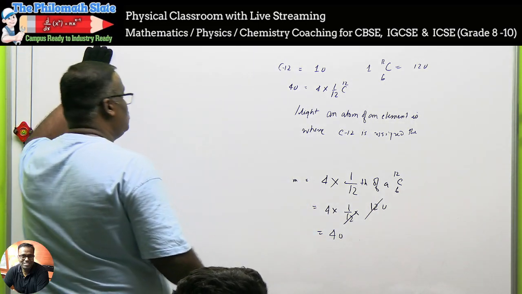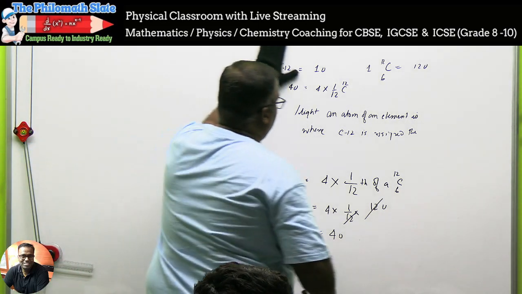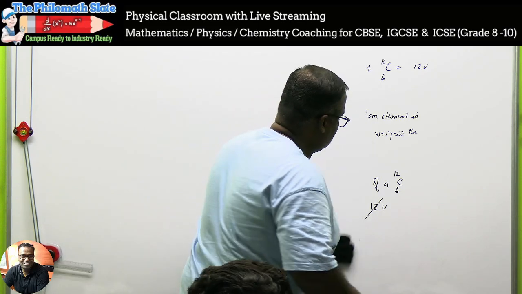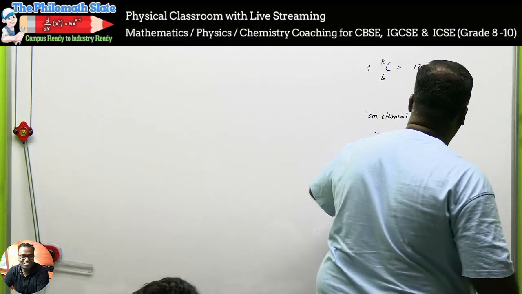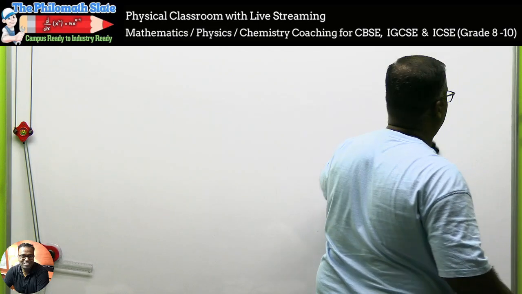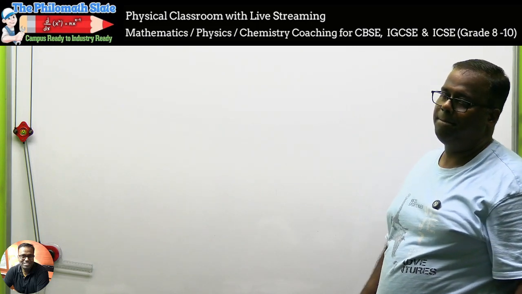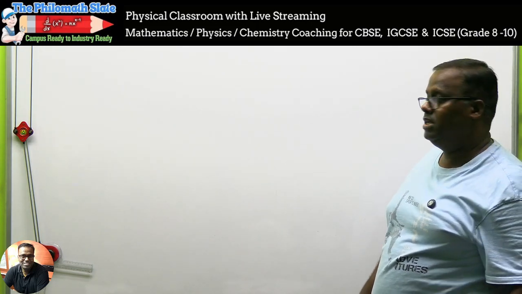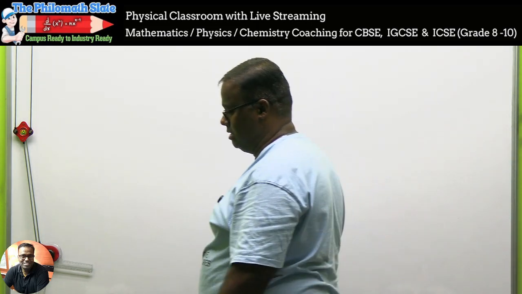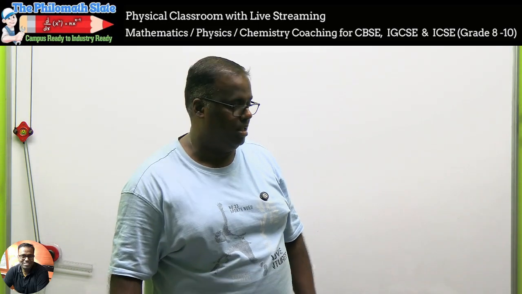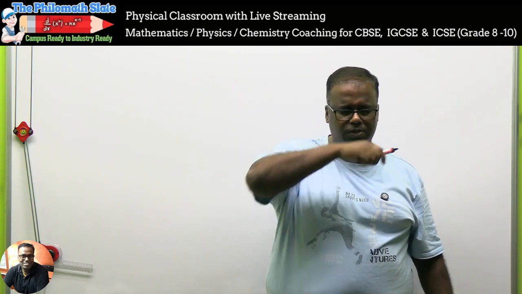Write down. First you should write this definition, then this one. You write down the relative atomic mass of an atom. The relative atomic mass of an atom is defined as the mass of the atom